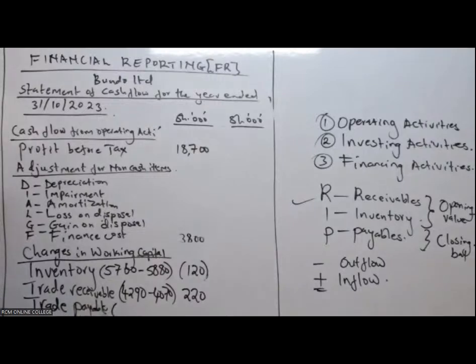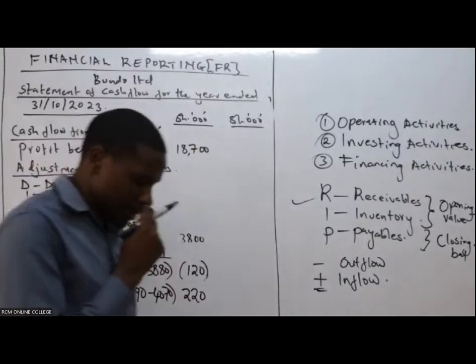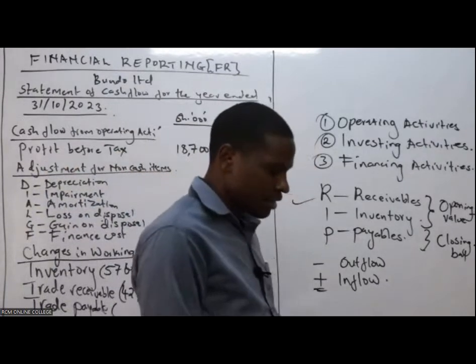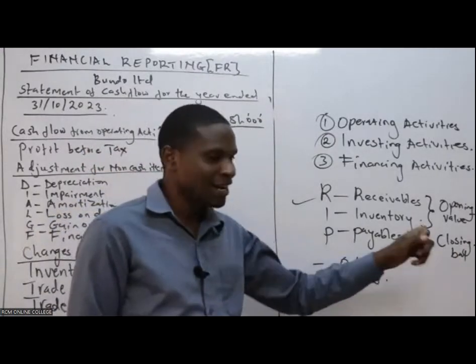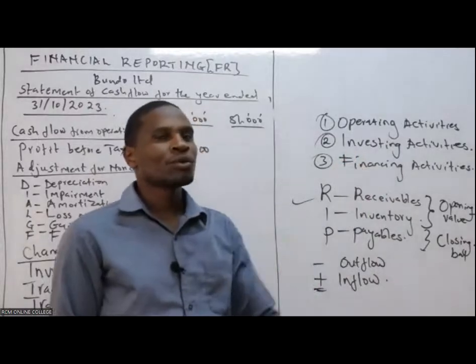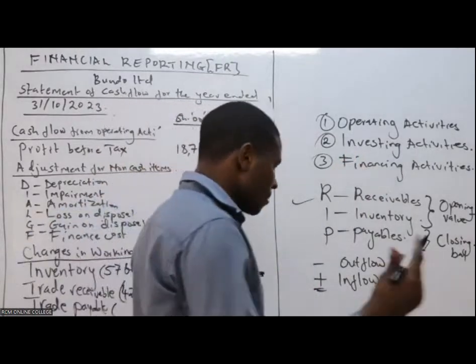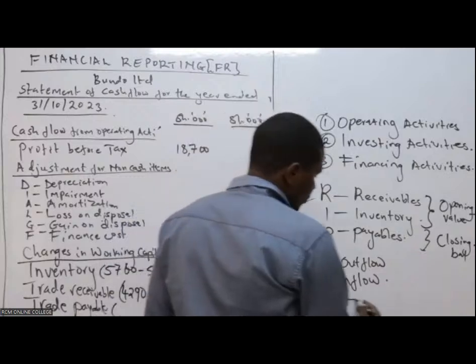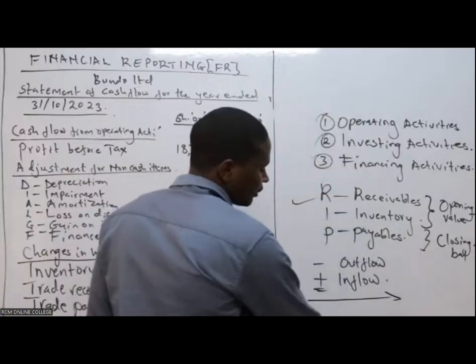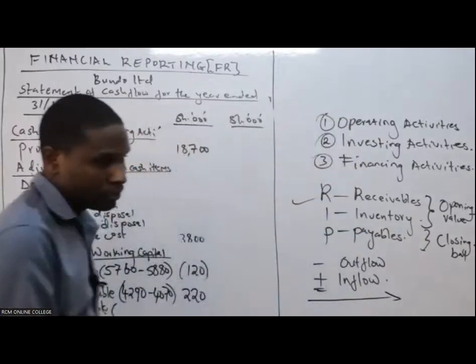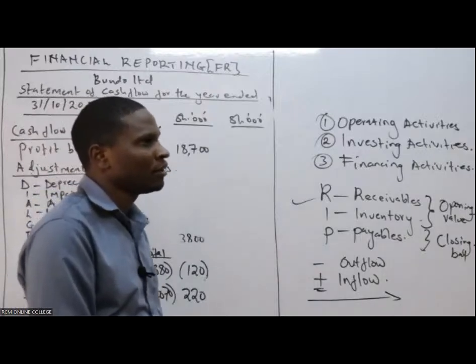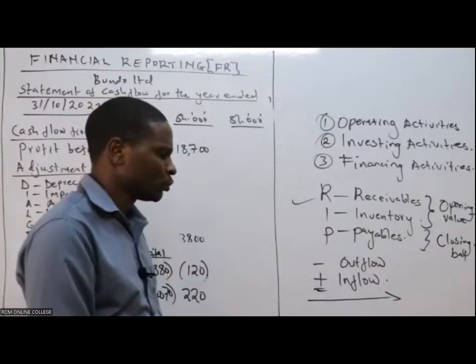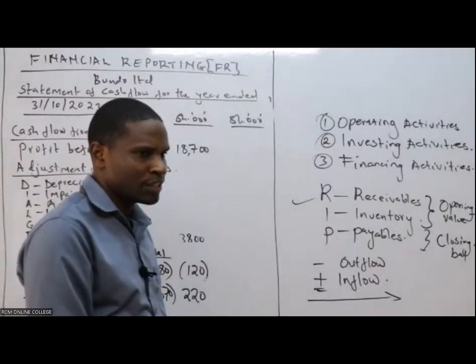So trade payable is found under current liability, and for the trade payable I have to look at the closing balance minus opening balance. Kwa sababu, why are we saying that? Remember, if the receivables zinaenda one direction, payables zitaenda the other direction. Na ndio maana niliwafunza when we were looking at ratios. When we were looking at ratios, we said that